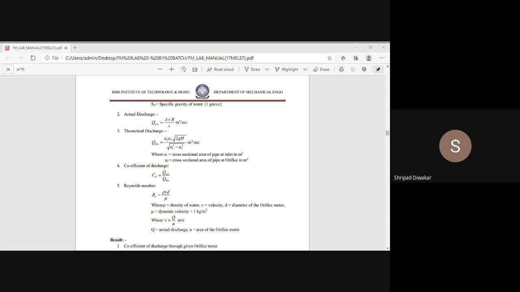From the beginning, sir? No, only that part. Small h is how much? 8.7 centimeters is there. No, convert it into meter. How much do you get? Centimeter to meter, only that part.